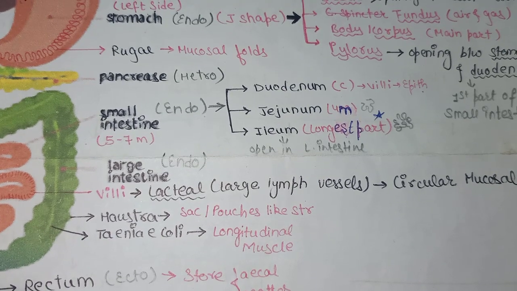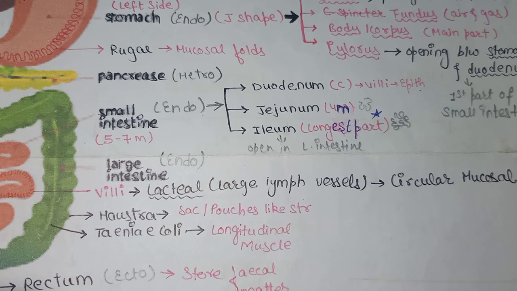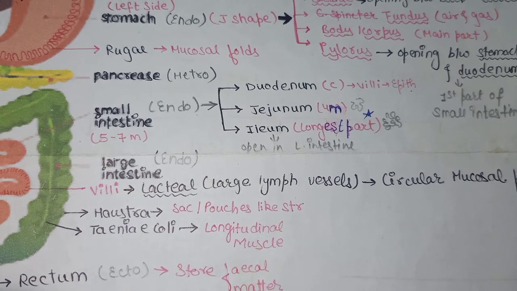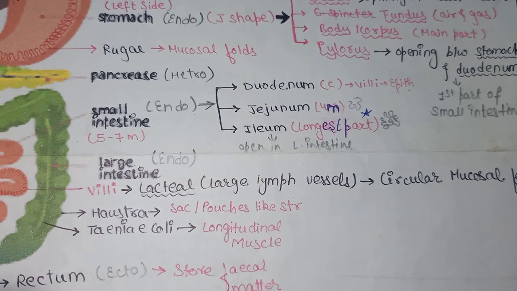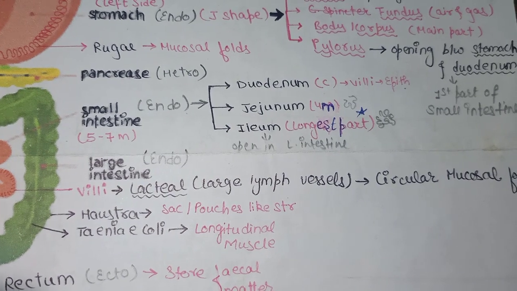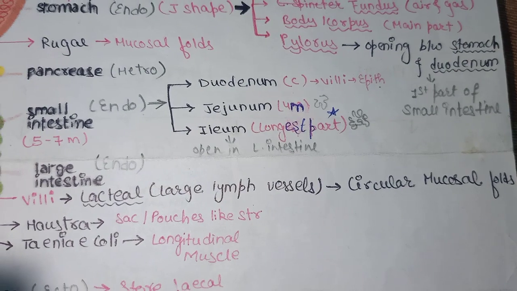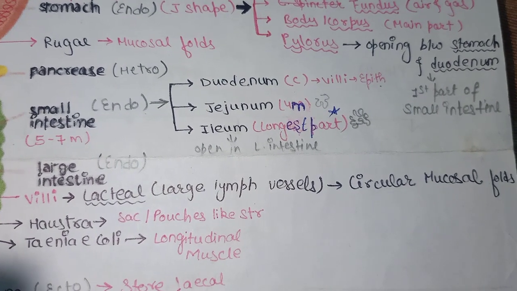Shape is also important because they ask questions in NEET as 1 mark MCQs. What is the shape of the duodenum, or what is the shape of the stomach? The stomach is J-shaped and the duodenum is C-shaped. In the duodenum also villi are present, made up of epithelial cells. Here you can see villi are small microstructures, hair-like structures you can say, which help in the